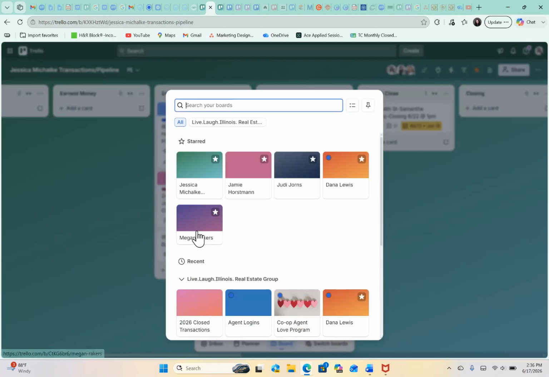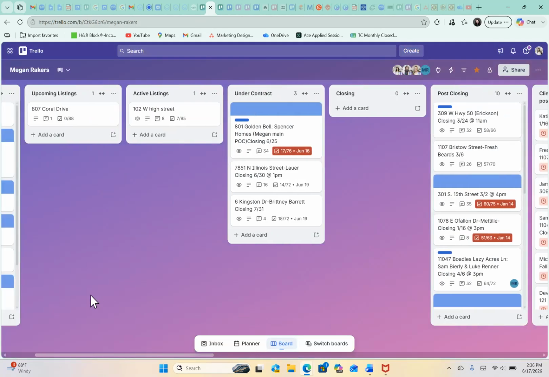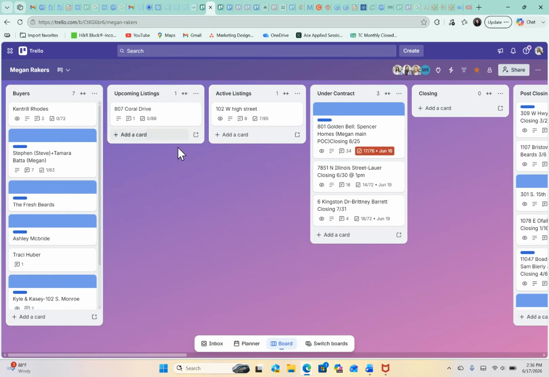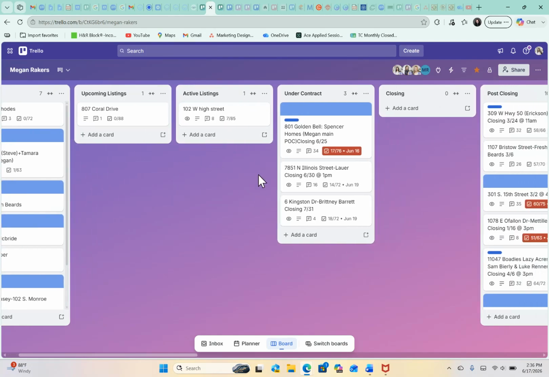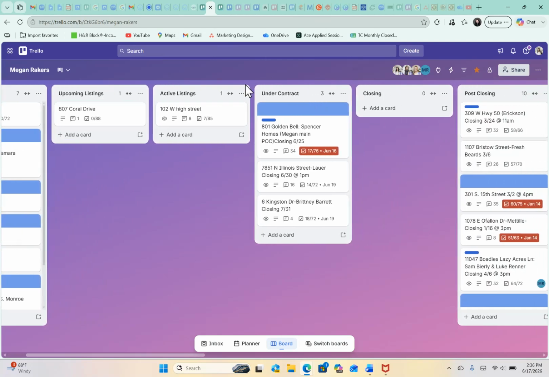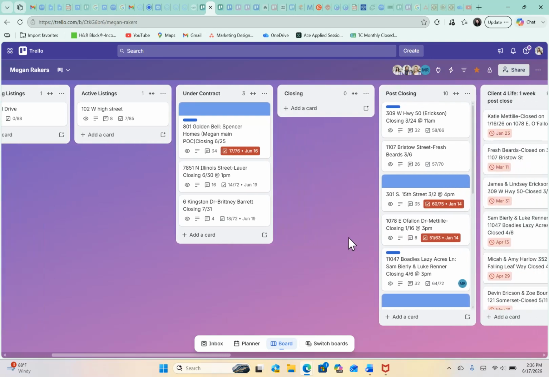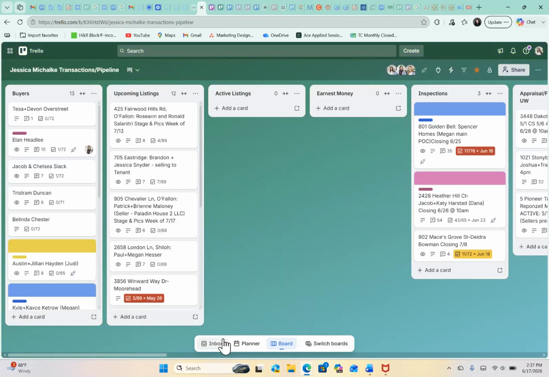We will look at another one here. This one goes from buyers and upcoming listings, active listings, and then just to a column for under contract, closing, and post-closing. So you can kind of decide, do you want a column for each specific phase of the transaction, or just more general as under contract, and then once they get to closing, to move them to the closing column. So that is Trello, just an overview